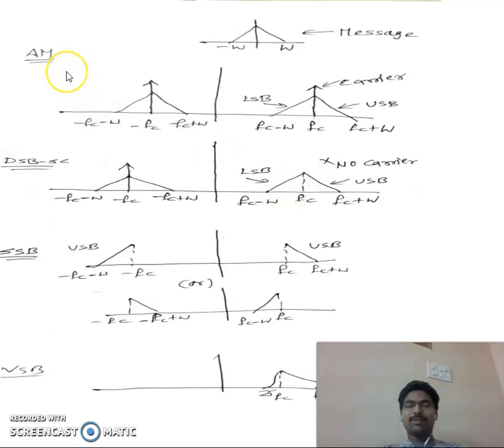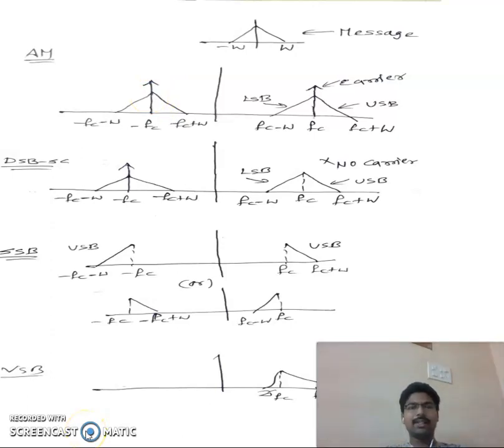In the AM modulation, what we are doing is, the DSBSC is generated and then some extra carrier is added in the equation. That is, m(t) into cos 2 pi Fc t is the equation for DSBSC, but we are adding an extra carrier for this AM modulation, right? So that is plus Ac cos 2 pi Fc t, the mathematical equation.